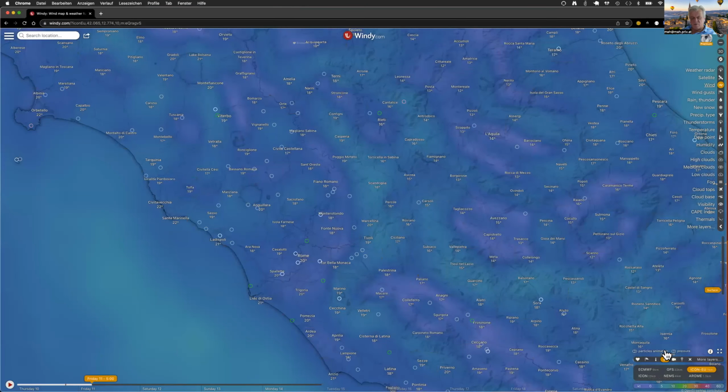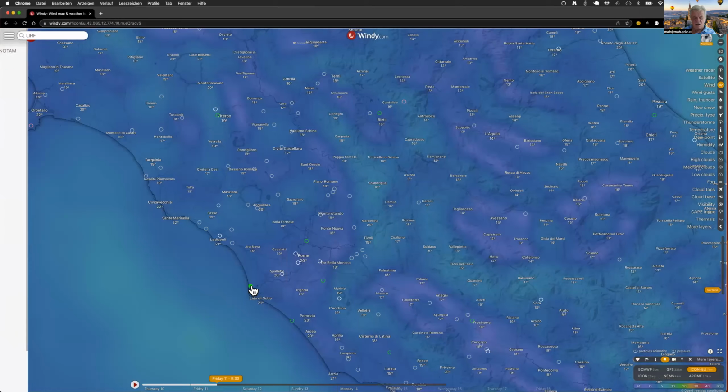We talked about airports. You see that little rings appeared here, and if I hover over it, that's a small airport near Rome. This is Rome Fiumicino. That's a major one. So let's click on it. You see that it's green, meaning VFR conditions. I click on it,